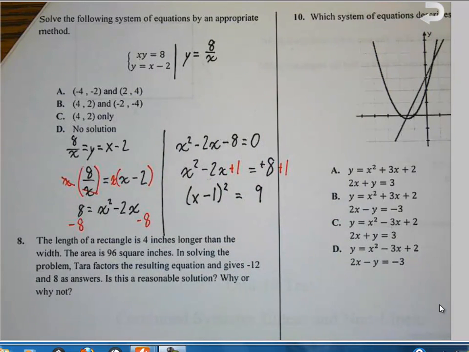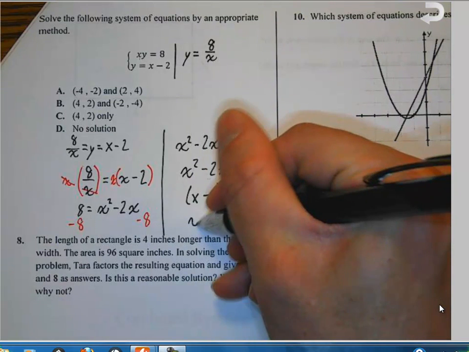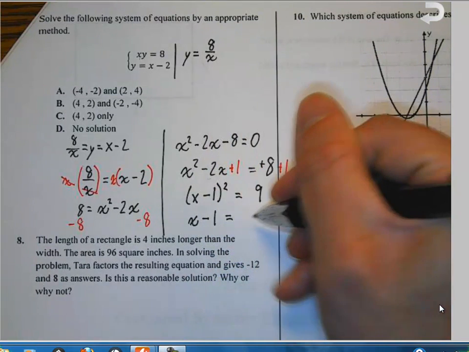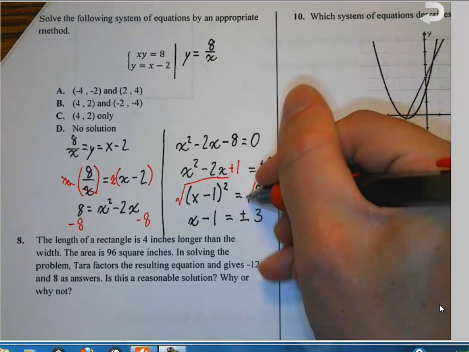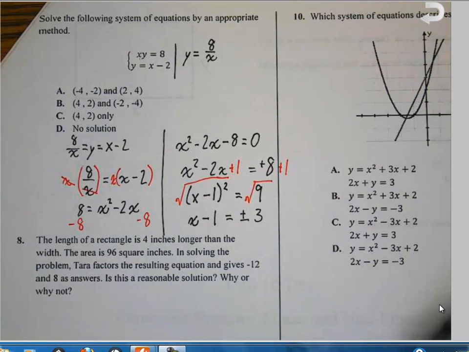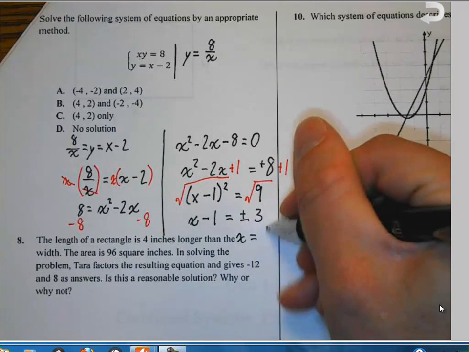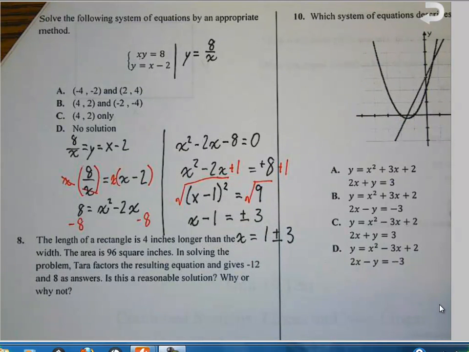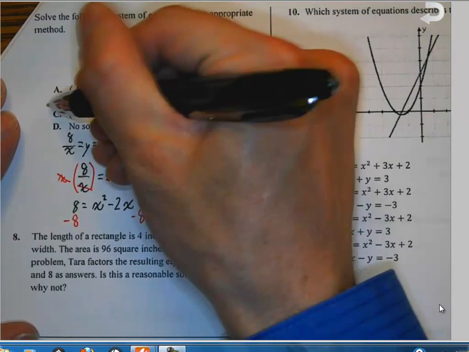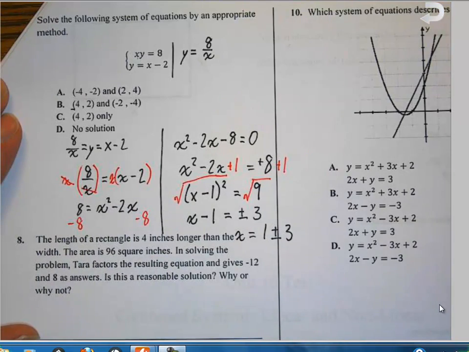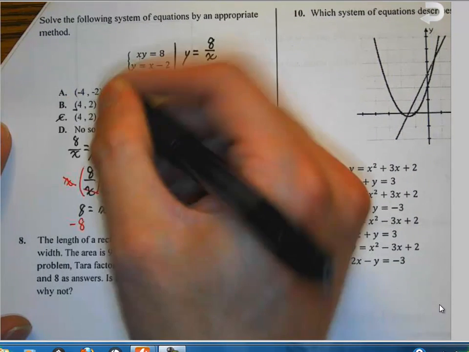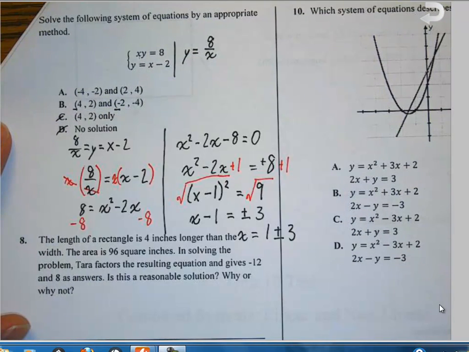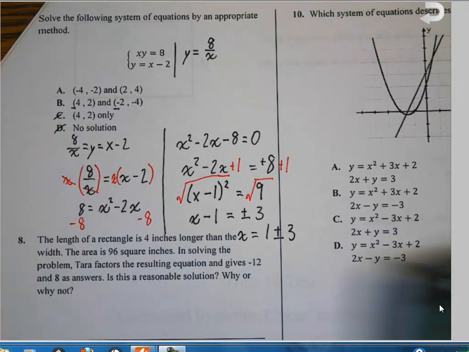I would then take the square root of both sides, and so that gives me x minus 1 is equal to plus or minus 3, because remember that square roots have two solutions. And so your final solution is that x is equal to 1 plus or minus 3. Well, 1 plus 3 is a positive 4, and 1 minus 3 is a negative 2. Now, since I already know I have two solutions, that immediately eliminates C and D. We have two solutions. Now, just to double check that those values for x are valid, you simply go back